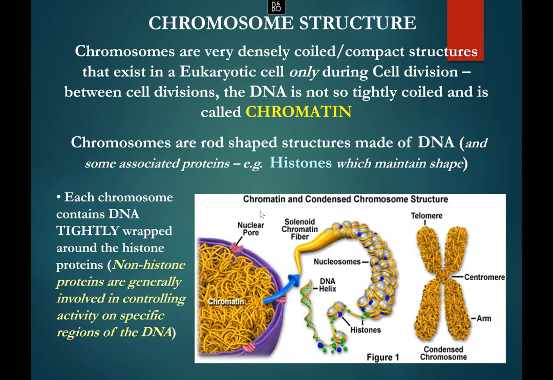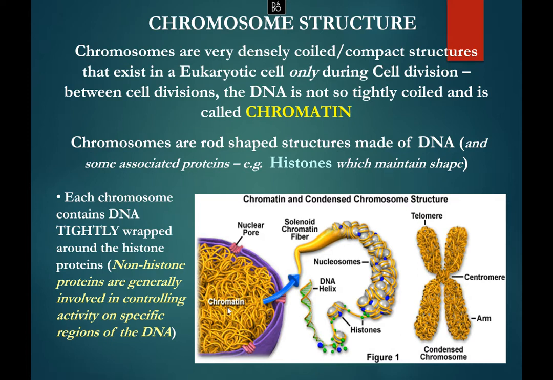Now, there's a couple of ways that we can think about chromosomes or genetic material, right? And I want you to look at this diagram. So when a cell is not dividing, when it's just doing whatever its daily job is, the genetic material is inside the nucleus in the form of chromatin. It's almost like a big bowl of spaghetti, ramen if you prefer. That material is all loosey-goosey, unwound, and all mashed together.